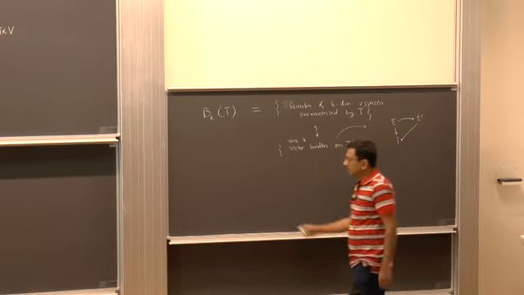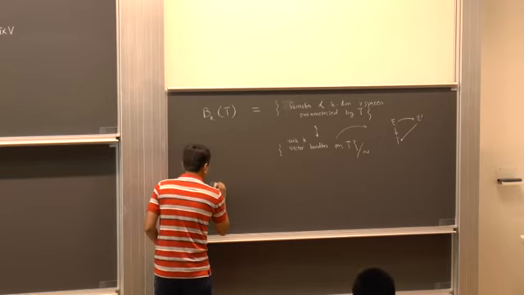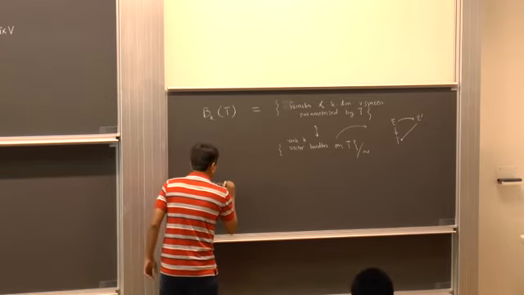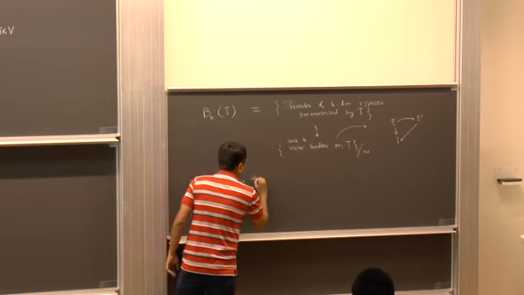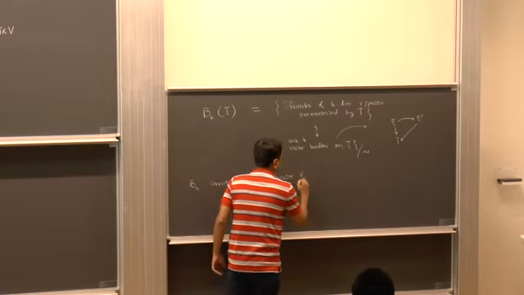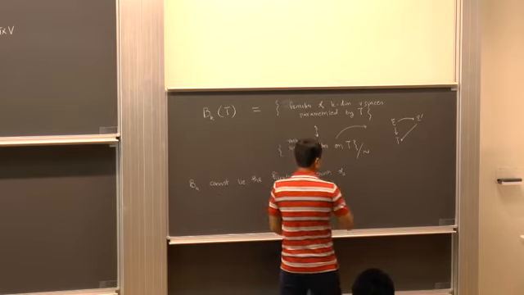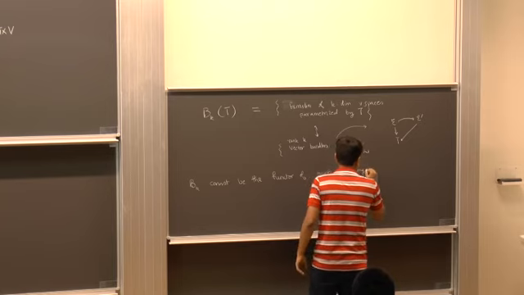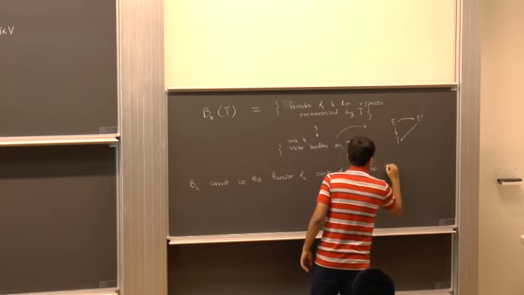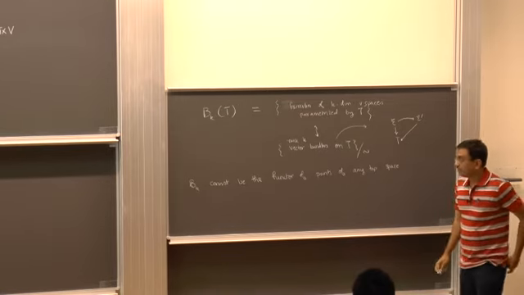And it's easy to see that Bk cannot be the functor of points of any topological space. Why is that? Because